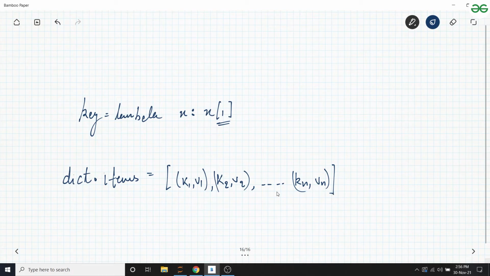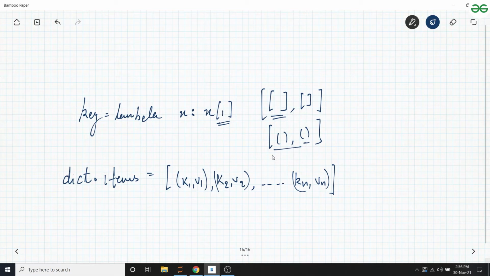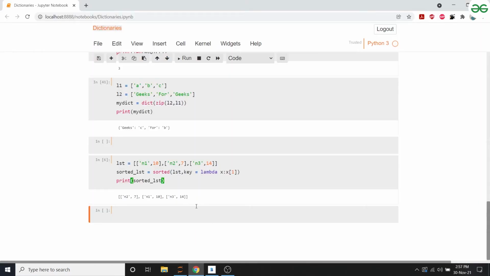This is very similar to a nested list, because in a nested list you have another list inside of a main list, right? This is how it goes. But instead of these lists, you have another tuple inside a main list, right? So now this is becoming very similar to the problem we've just solved. So let us try to run it, assuming we have a dictionary.